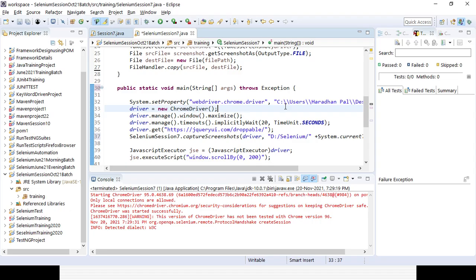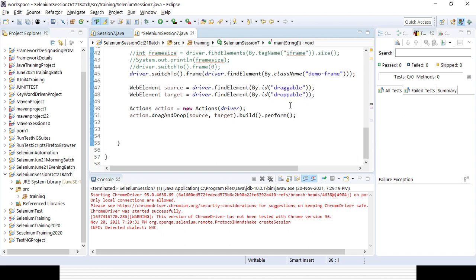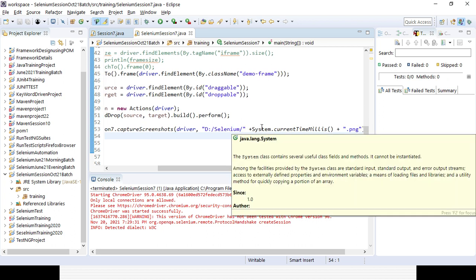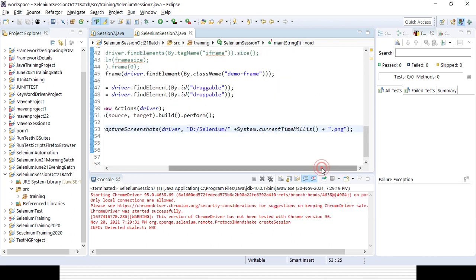And again, after the drag and drop happens, I will be capturing the screenshot, so you need not change anything. After capturing, you can again use the same line of code. That is the beauty of methods. Whenever any code needs to be used repeatedly, instead of hard coding it, create a method. If you give test1, test2, test3, every time you need to change it, otherwise the original file will be replaced. If you give the current millisecond, it will save the screenshot in that format.